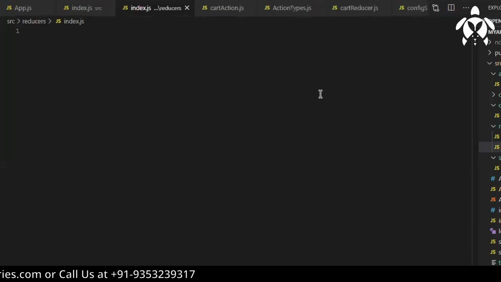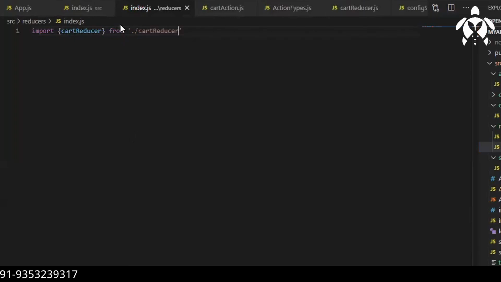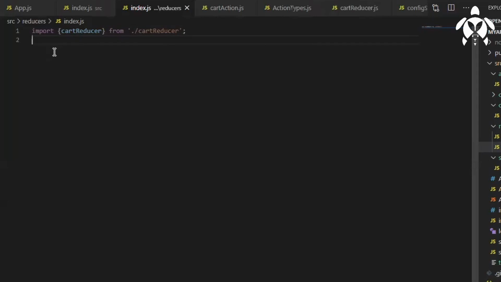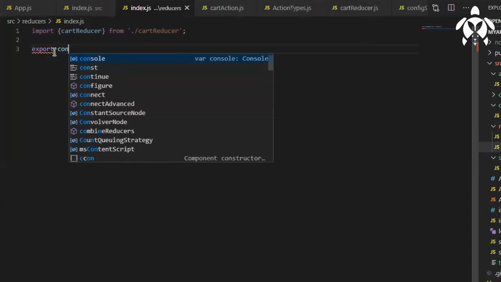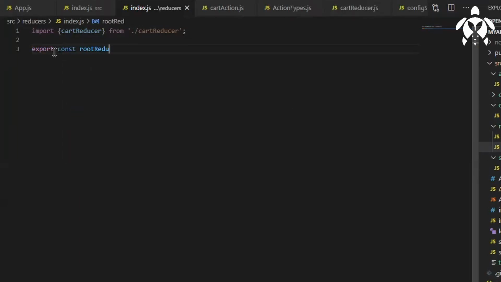Let's import it in the same file, so if there is more than one reducer, then import it like this. And then we'll simply export this object which I'm going to create. So let's say const rootReducer, we'll call it root reducer. For that I need one method, which will be combineReducers.